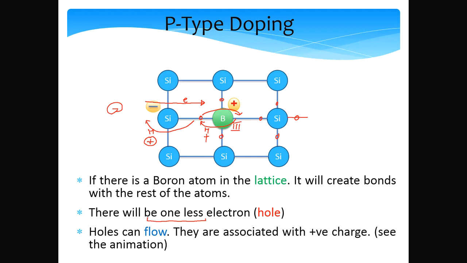Similarly, we can have another kind of doping. There's this animation over here, so let me show this once again. Let us consider the hole that was created by adding the boron atom, and let's consider an electron. If we apply a strong negative potential over here, then electrons will get repelled from the negative potential, and thus an electron will take over a hole and the holes can migrate towards the negative terminal. So we are thinking of a hole as a net carrier of positive charge, and it essentially can move, so it is associated with current.